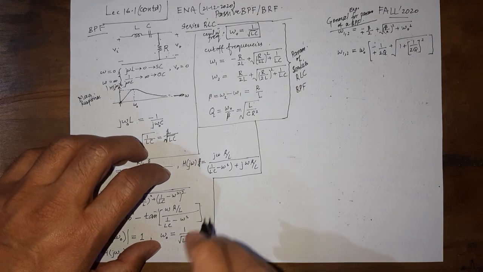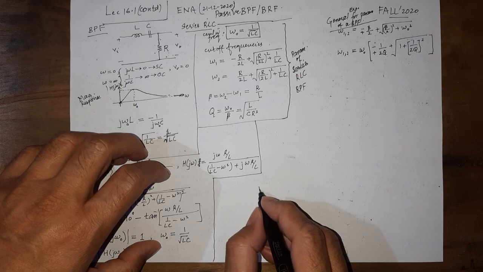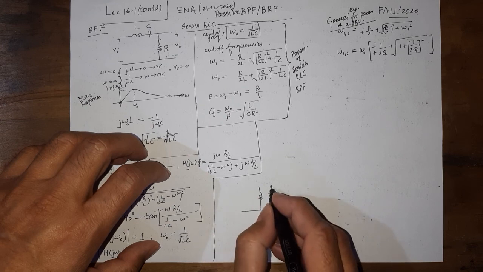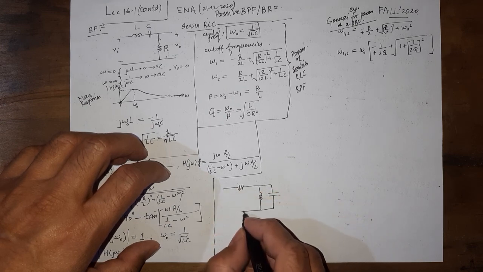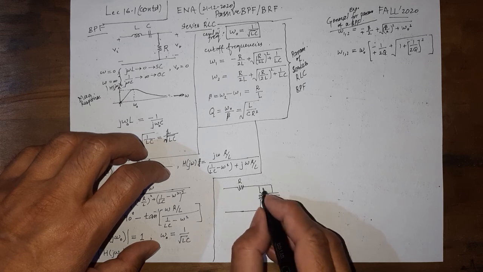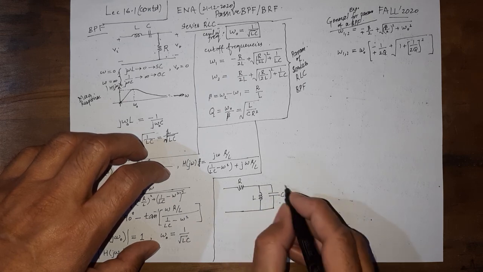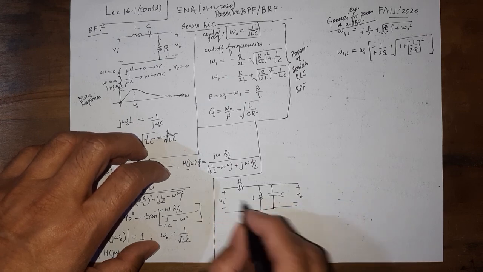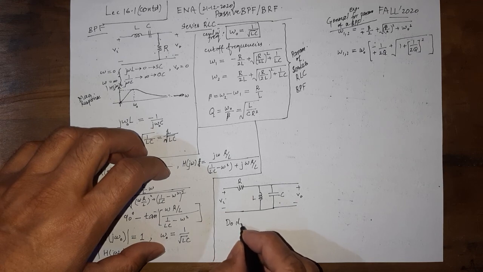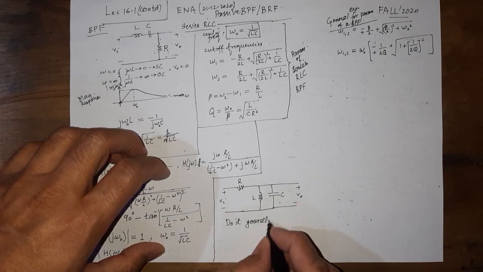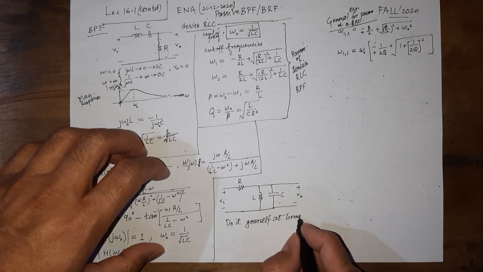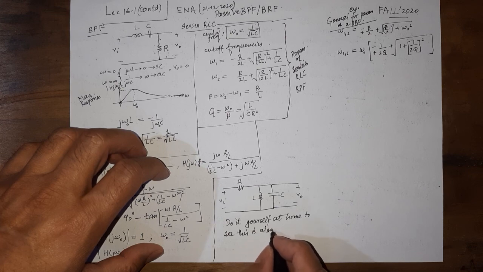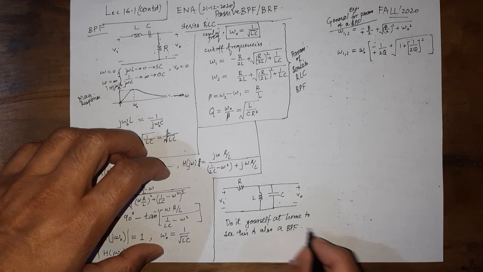What was that circuit? So let us take the L and C here, and now not in series but in parallel. So we have the L and C in parallel and the R in series with this parallel. This is the output and this is the input. So do it yourself at home. This is also a band pass filter.